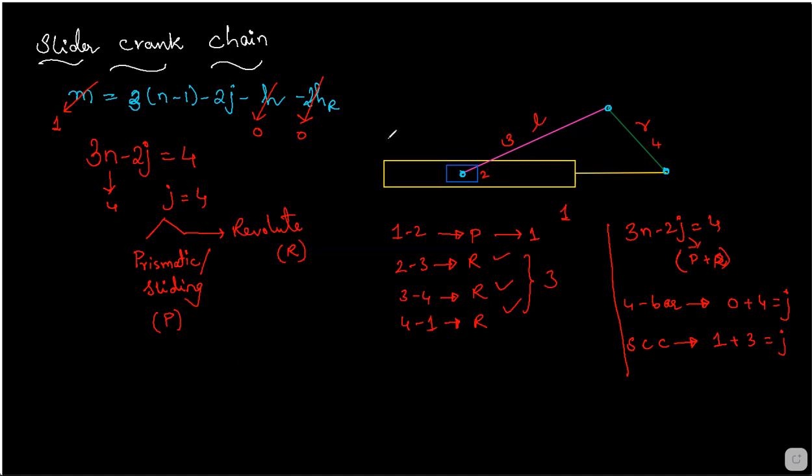Next, by fixing each link, we are going to get different inversions, right? So usually how many inversions are possible? Number of links equals number of inversions. Here you have number of links n equal to 4, so the number of inversions also should be equal to 4. Inversion means, by fixing different links in the same mechanism, you are going to get different motion possible.